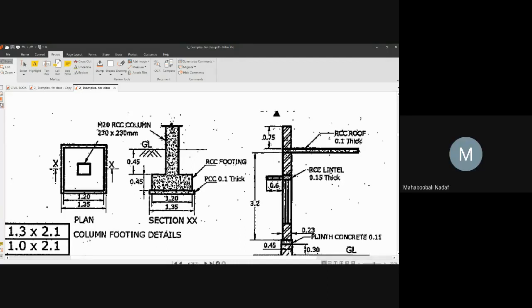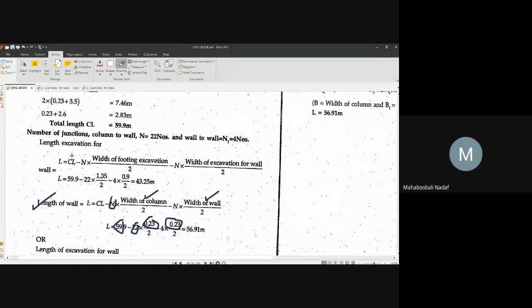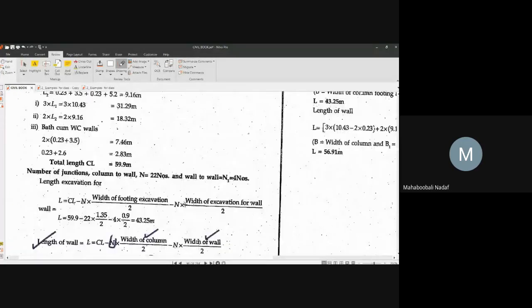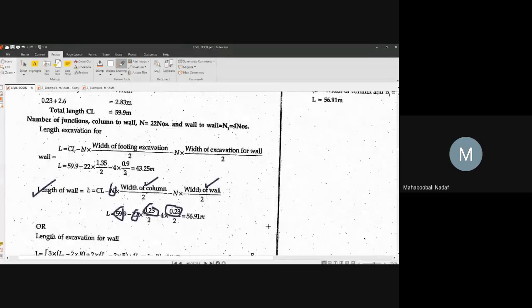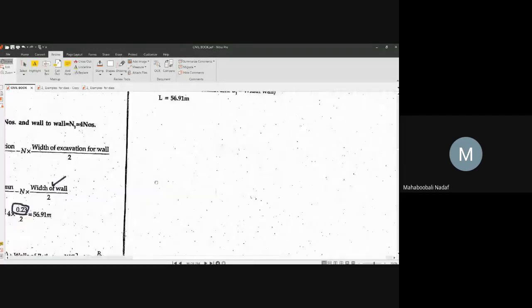Yes, sir. Sandesh, Srinivas, everyone? Clear, sir. So these two are center to center length. Now, once it is understood, the remaining thing is manual only. You'll just go and write it.